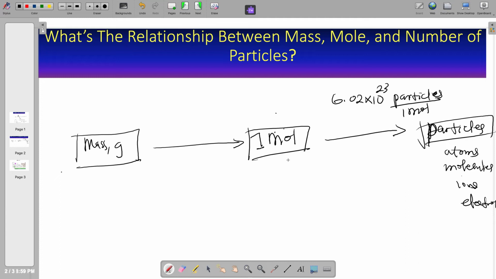And we said 1 mole of any element on the periodic table is equivalent to the atomic mass of that element in grams. So that means that to go from mass in grams to moles, we have to use what we call the molar mass of that particular substance. So if it's an element, we use the molar mass of that element. So the molar mass is just the mass of 1 mole of that substance. So if it is an element, it is just the atomic mass in grams. That's 1 mole. So we'll just say molar mass here